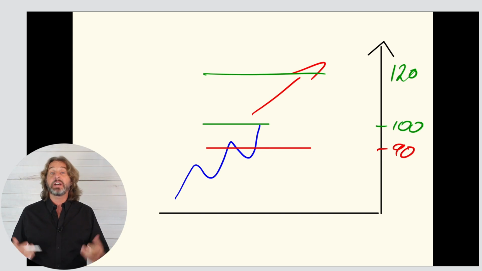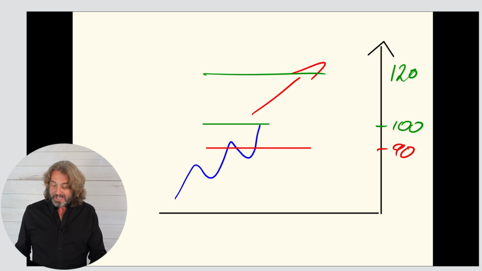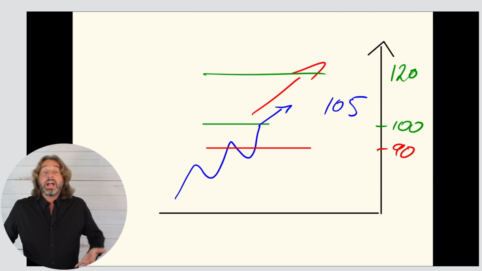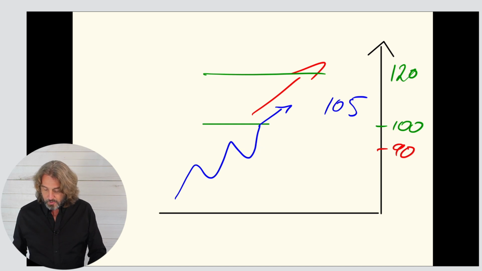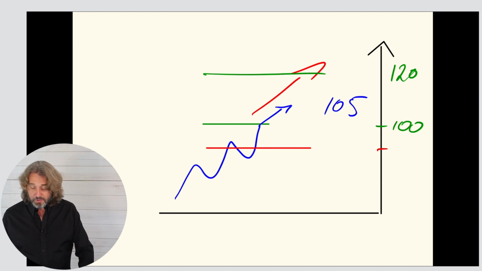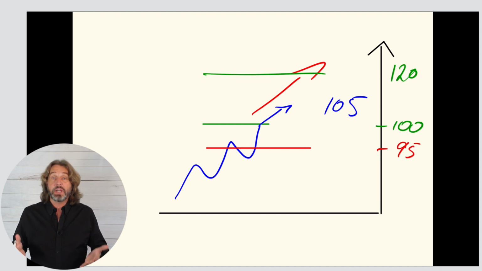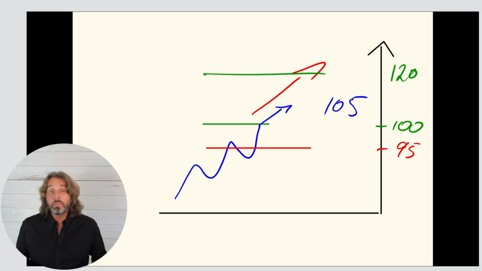A trailing stop, in a nutshell, works like this. As prices move higher, you move your stop loss higher. So if initially you start at $90 and let's say prices are going up right here to $105, as the prices move up, you move your stop loss up, meaning that you would move your stop loss right here from $90 to, let's say, $95. You get the idea. We move higher to $95. So if, for example, now the stock keeps going higher and moves to $110, so you move your stop loss